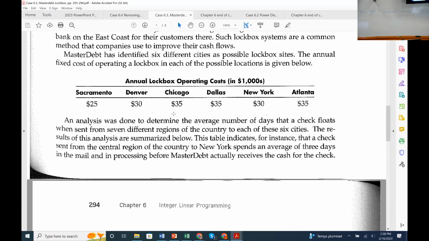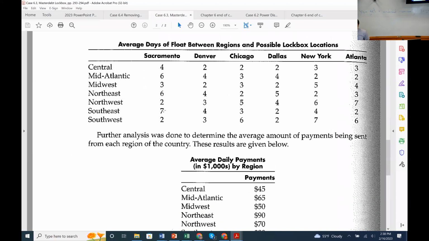But why did Ragsdale omit the variable cost? Implicitly, it's because it's the same everywhere. If it's like a penny per envelope at any one of these, you don't need to include that in your objective function because every envelope is going to get opened. So realistically, there's variable cost. The fact that Ragsdale didn't include it just means they're the same everywhere, so we don't need to worry about it. And then these are the data on float time,